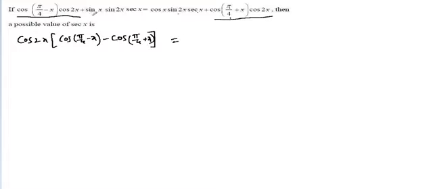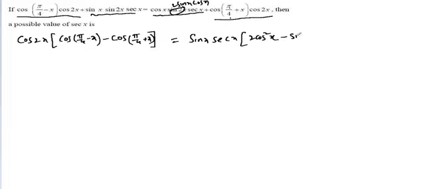is equal to, in these two terms, sin x and sin x secant x are common. That is sin x into secant x common. In this term, sin 2x is 2 sin x cos x. That is sin x secant x common, that is 2 cos square x. So sin x into minus sin 2x. Here it is cos of a minus b minus cos of a plus b, that is 2 sin a sin b, that is cos 2x into 2 sin pi by 4 into sin x.